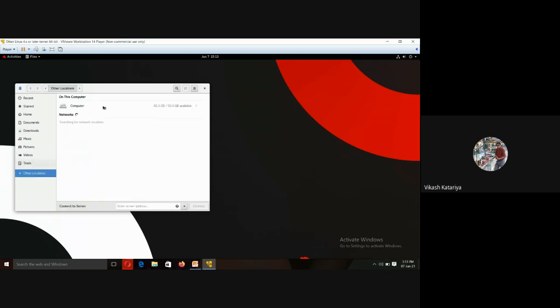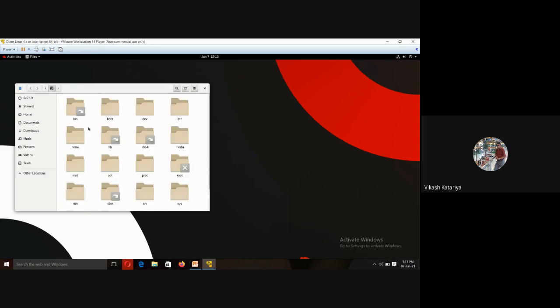Now in other locations, we always talk about the root directory of the Linux operating system. Like we have My Computer in a Windows machine, similarly in a Linux machine we have a root directory. If you click on the root directory, that is My Computer, you will see so many directories. But remember, these are directories handled by the root user only. They cannot be handled by a simple user, limited user, or guest user, right? So we will discuss some directories.